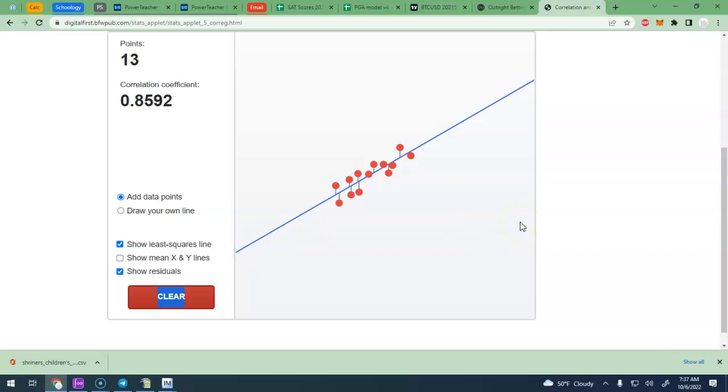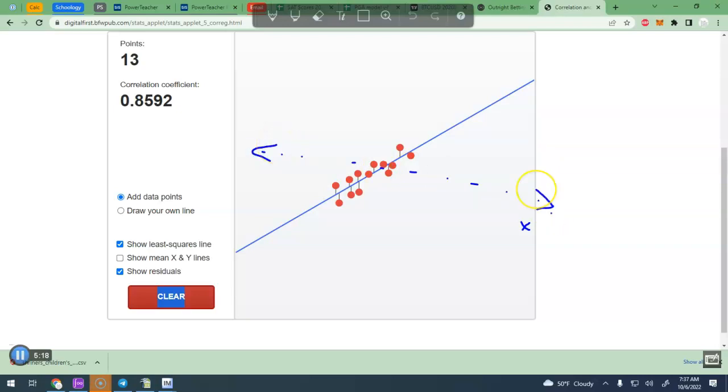But if I put one over here, I want you to take a second and predict what would happen to the line, what it would look like, and also what that means for the slope of the line. If I put a point here, that's an influential point. So is that line going to tip upward or down? It's going to tip down toward that. I don't know exactly how much. That's why I have the computer. But if it tilts like that,